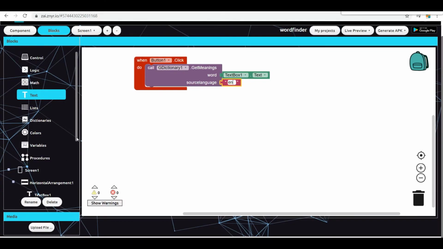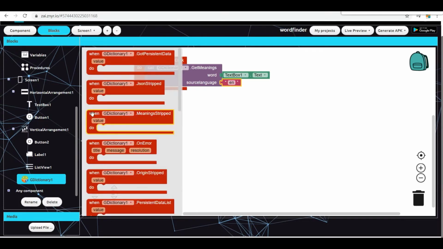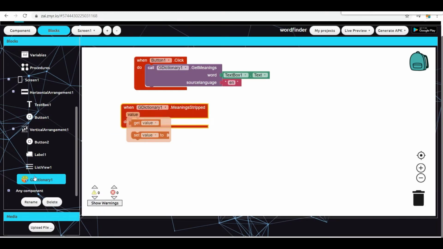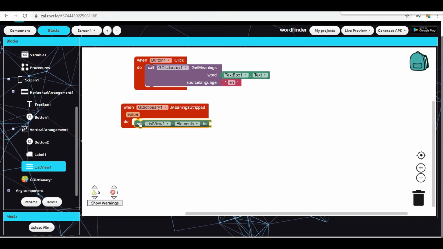Next, I'm going to create the block on the dictionary. I'm going to the dictionary and using this one, when the dictionary meaning is received. It should be shown in my list view. For this, I'm going to the list view and setting the list view elements. It should show the meaning on a split basis, so different meanings have to be shown.